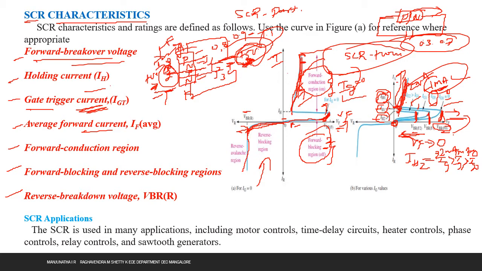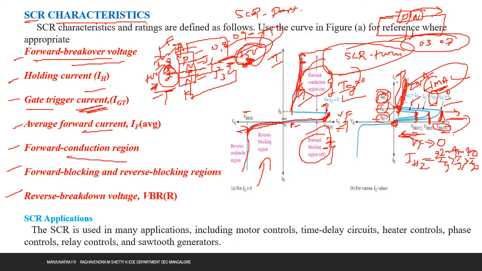We can understand the statement of forward current: average forward current, it's the average current, that's it. As simple as that, it's the average value of forward current. So next,